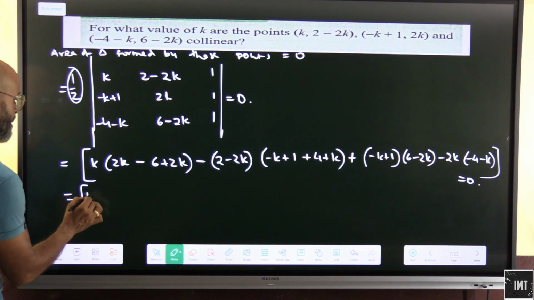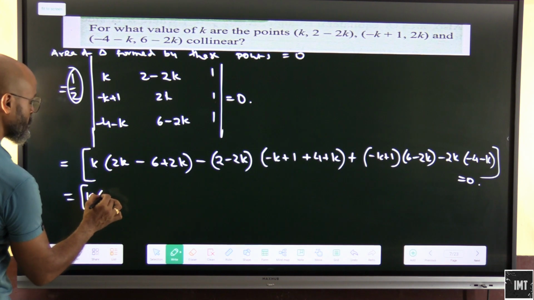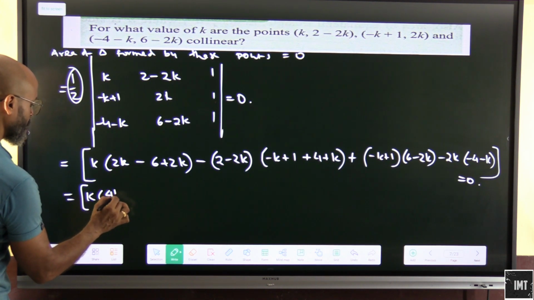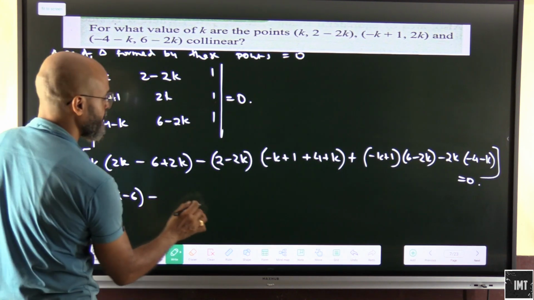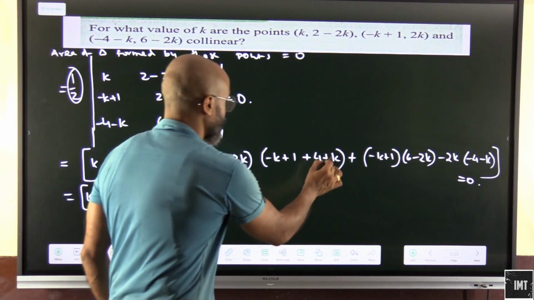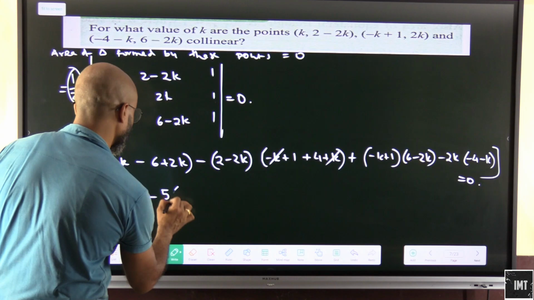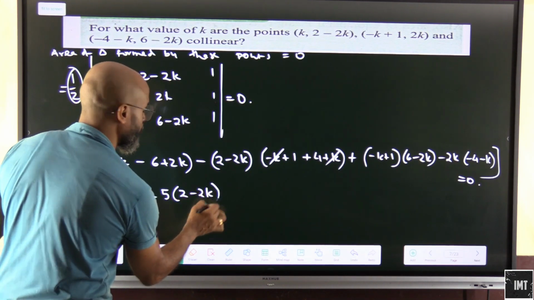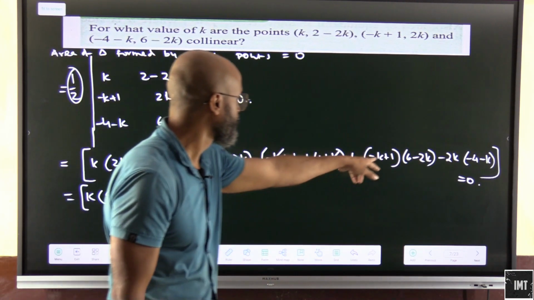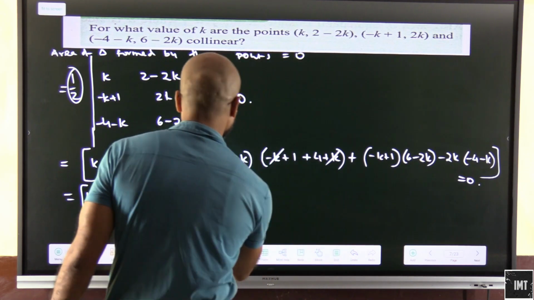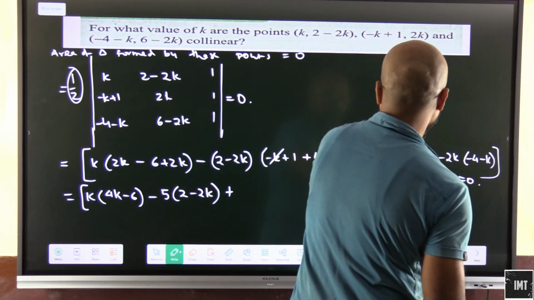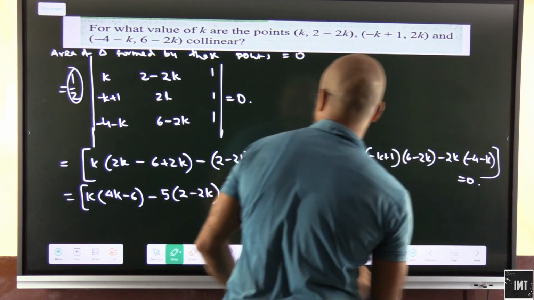So we get here a k, 2k plus 2k, that is 4k minus 6 minus, what do we get here? So k and k basically get cancelled, 5. So this will be 5 into 2 minus 2k. Here it will be how much? Plus minus k, so this will be minus 6k